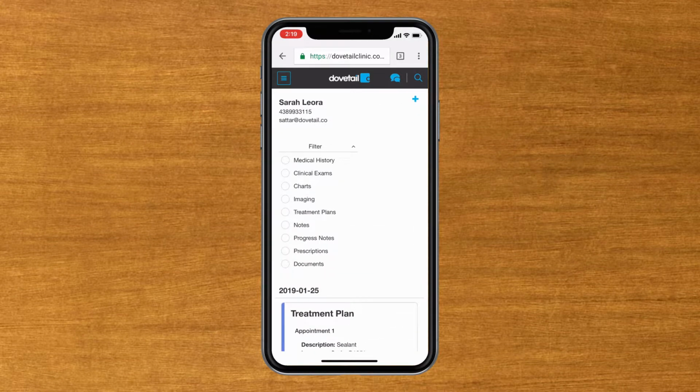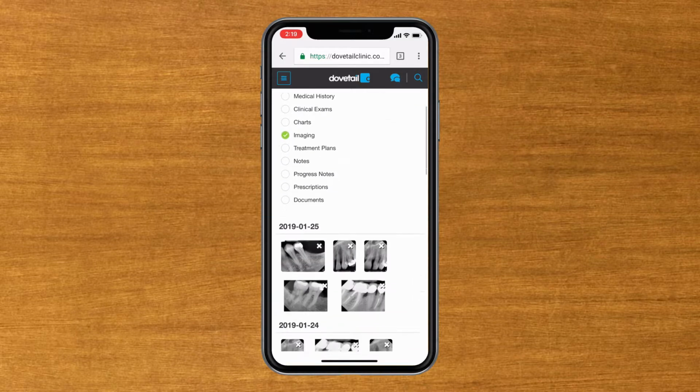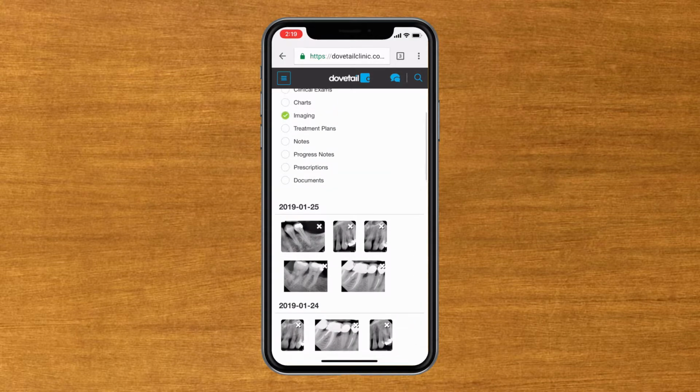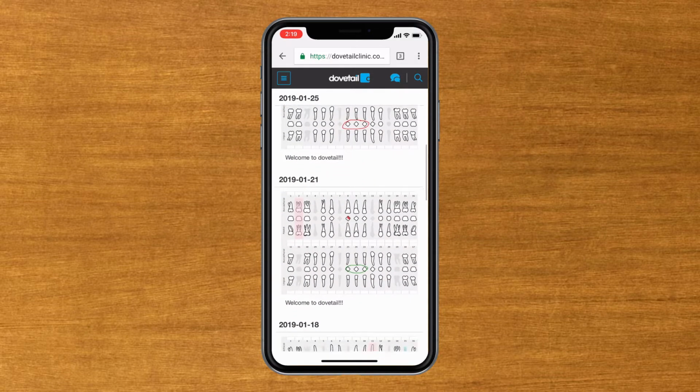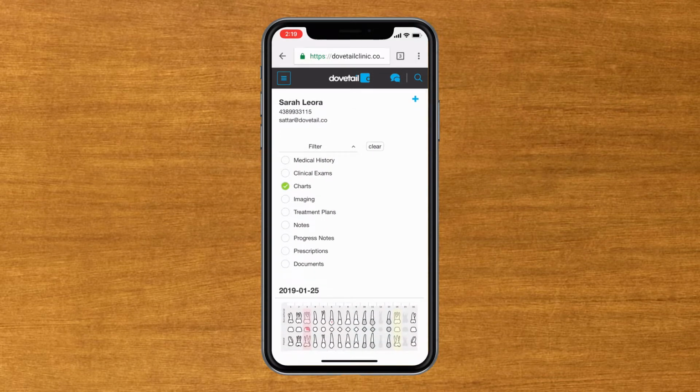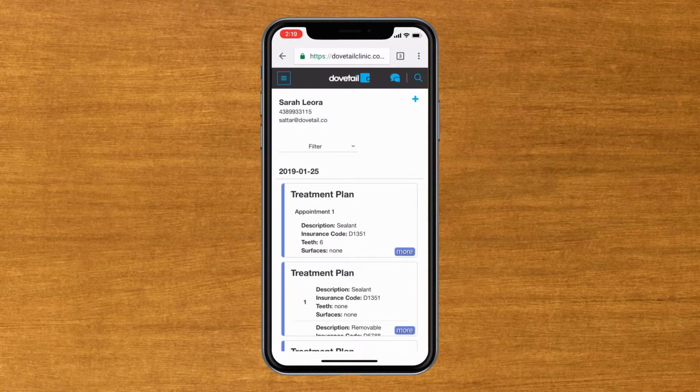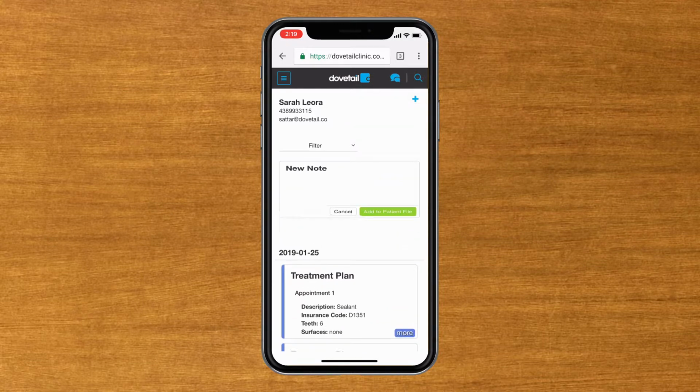You can filter by radiographs only or charting. Okay, so you have access to everything here. And of course, you can enter a new note: